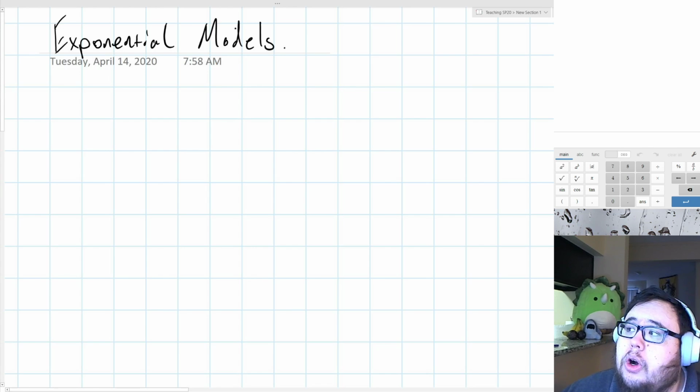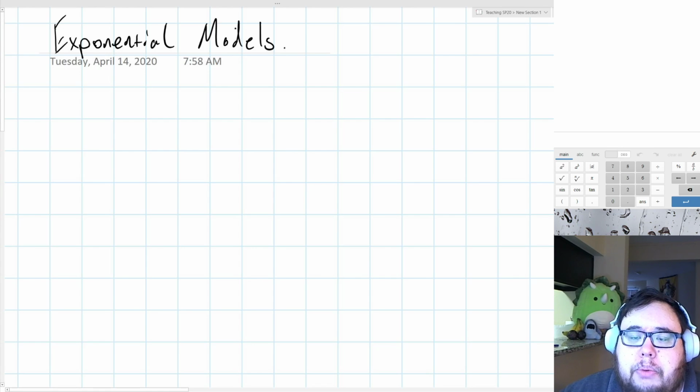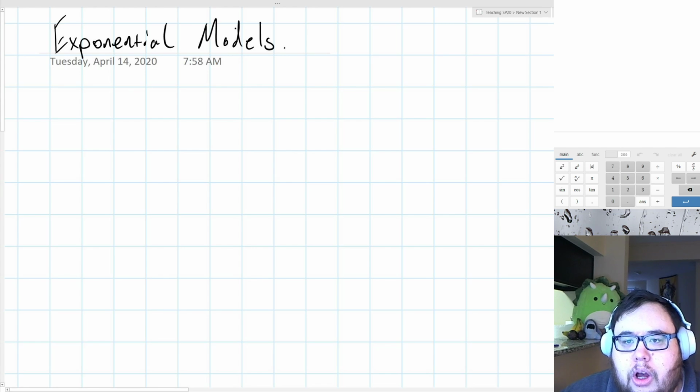This is actually a pretty large topic in general. There's a lot of different ways of modeling using exponential functions. For example, a lot of different statistical models in the real world will be fitted to exponential curves. We're not going to discuss using exponential curve fitting tools to model in a more sophisticated way. That's something that you will see if you take a statistics class. But we are still going to talk about the basic idea of using an exponential model